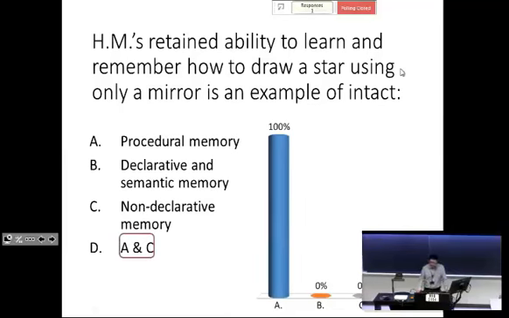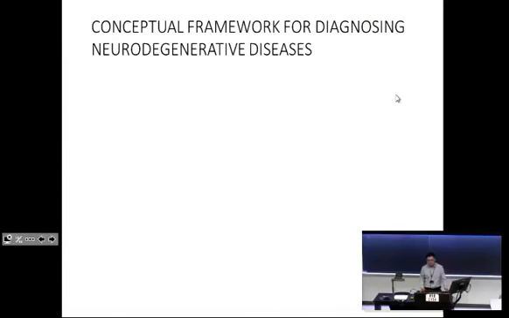Non-declarative memory is really just another way of saying procedural memory in many cases. So the conceptual framework for diagnosis is very important, and it's evolving. A lot of the information that I'm going to be sharing with you now seems very commonplace and simple, but a lot of it actually didn't exist as recently as 10, 15 years ago, which I know for a lot of you seems like a long time. The diagnostic criteria for Alzheimer's disease, as you now understand it, is at this point almost 30, 35 years old. So these entities are actually fairly recent.